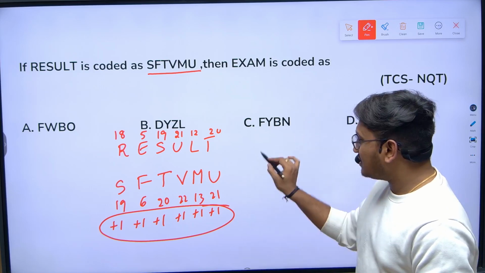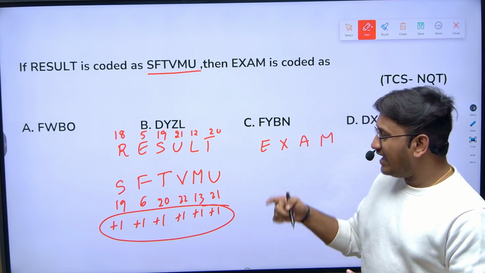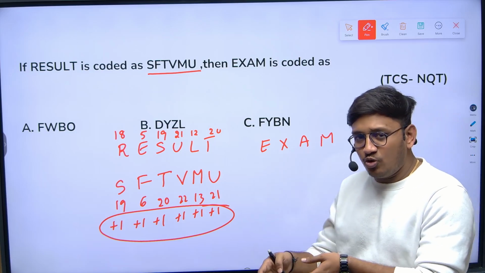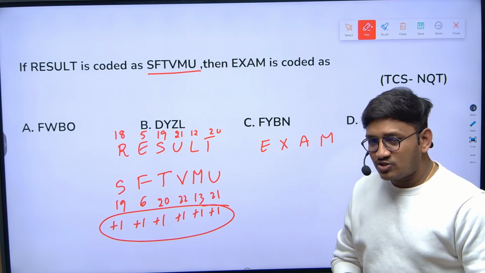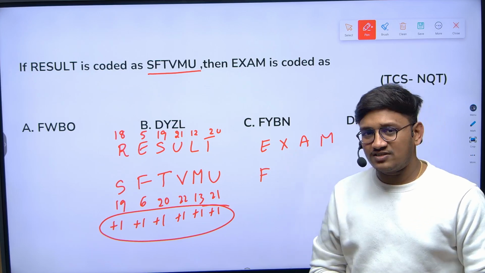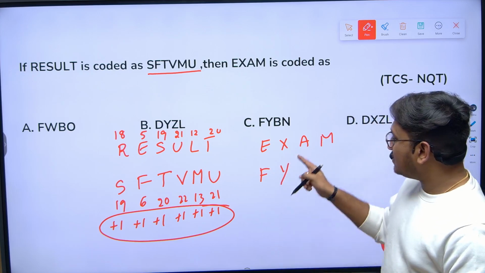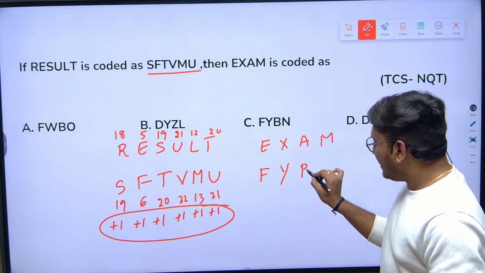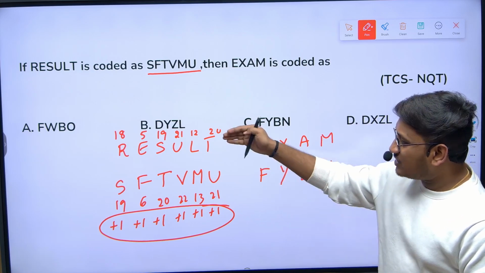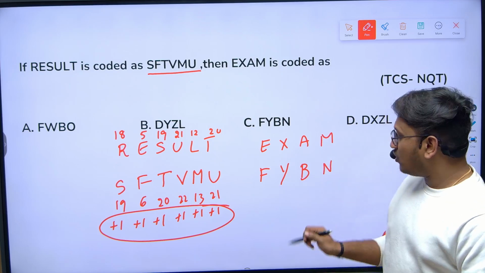In the same case, they are asking us to find the code for EXAM. No need to waste our time writing all the place values. If you already know the place value of E is 5, add +1, it will be F. X, what's the place value of X? 24. If you add 1, it is 25, and 25 is Y. Next, A +1 is B. Next, M is 13, 13 +1 is 14, and 14 means N. Very simple: the letter in the coded word will be the next letter of the original word. So the answer is